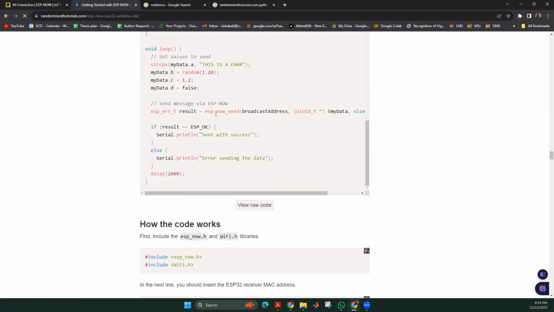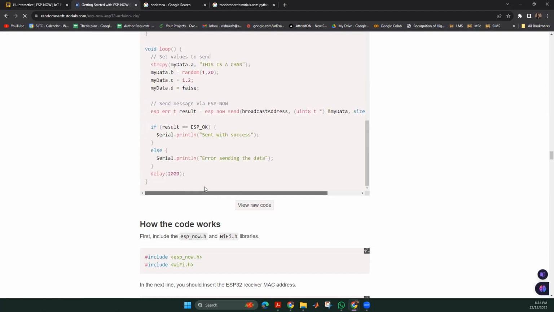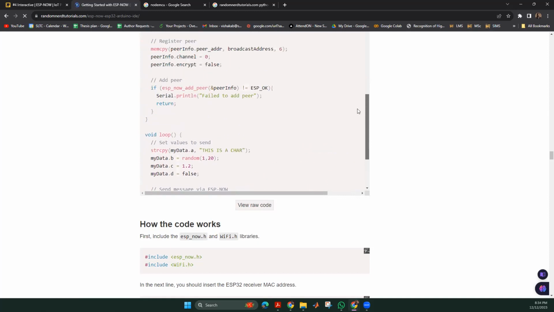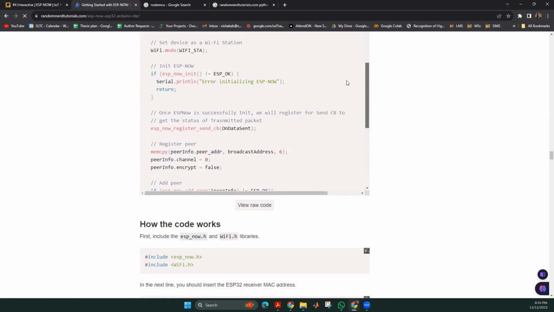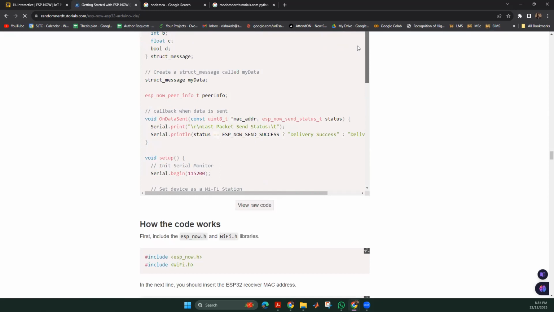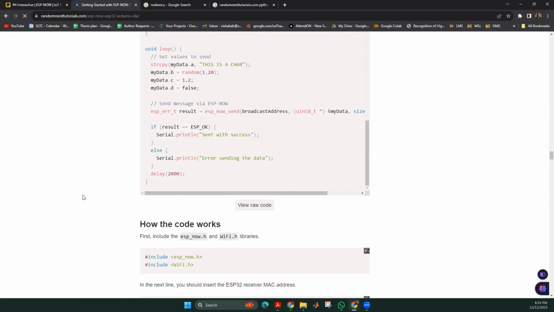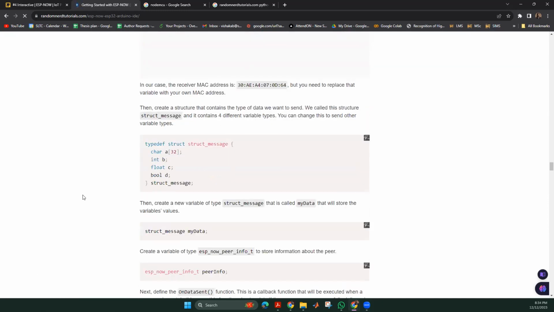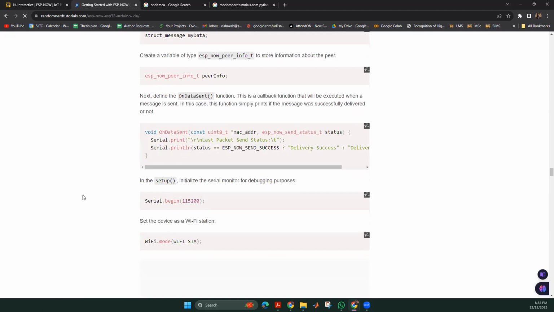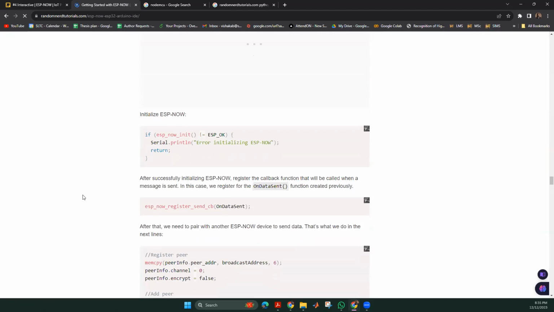So you will basically need to use this ESP now send function to transmit the information messages to the other device, right? Once you know the MAC address, you can send the data directly to the other device, and there's no problem sending data once it is working in this manner, right? So you can go through the code, try to understand how it works, and then implement it in one of the ESP microcontrollers. One can be the transmitting device, the other can be the receiving device, right?